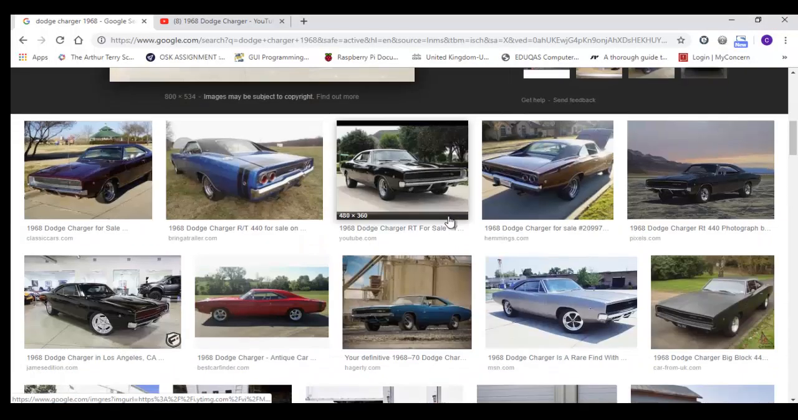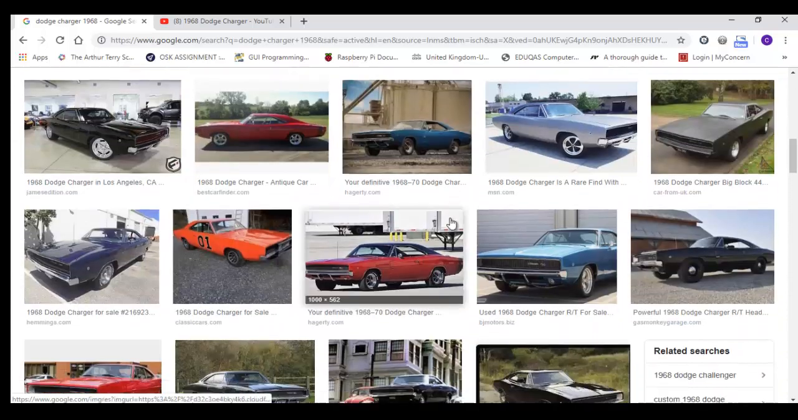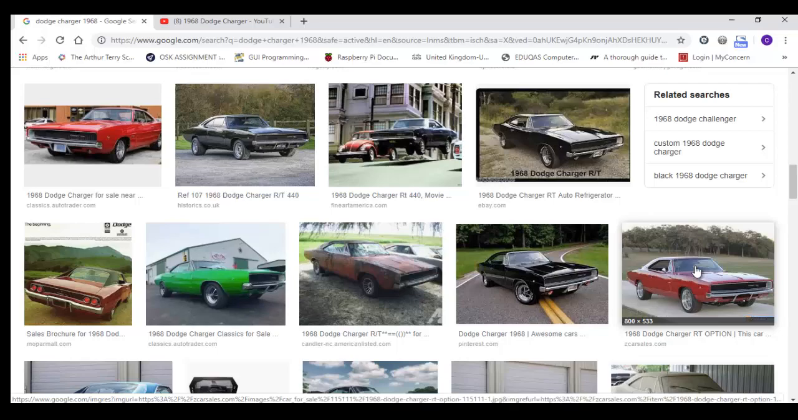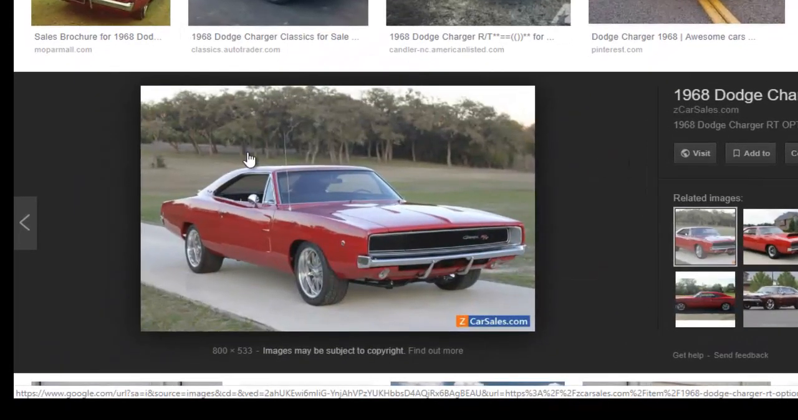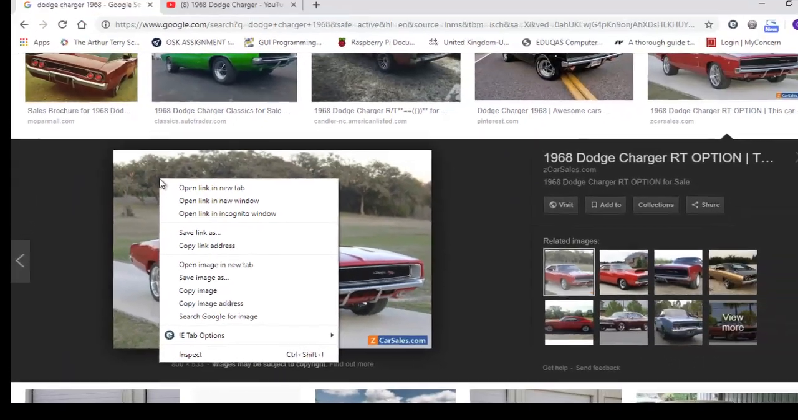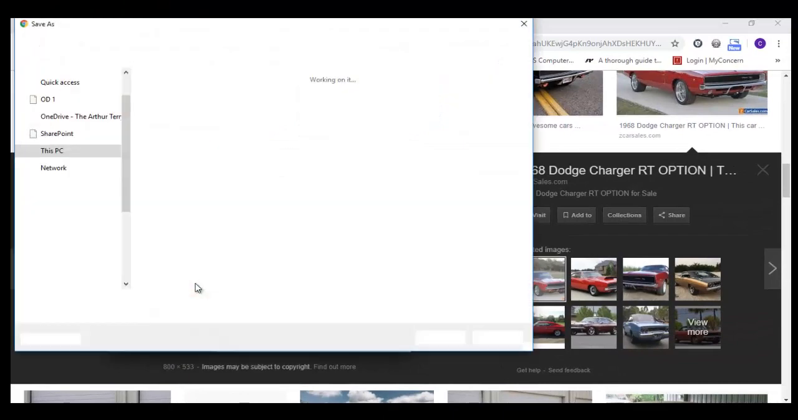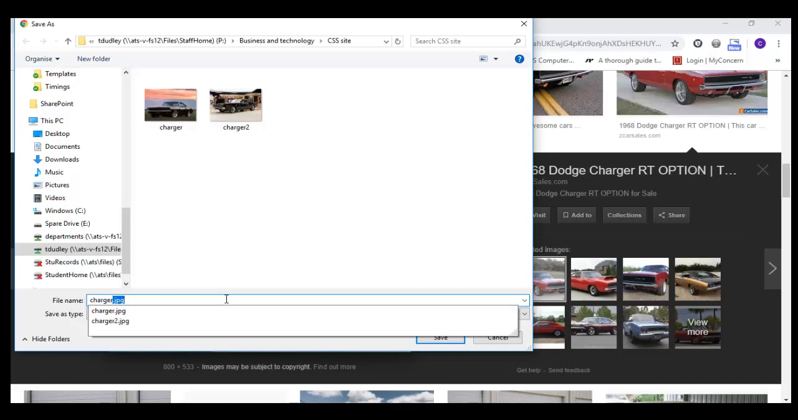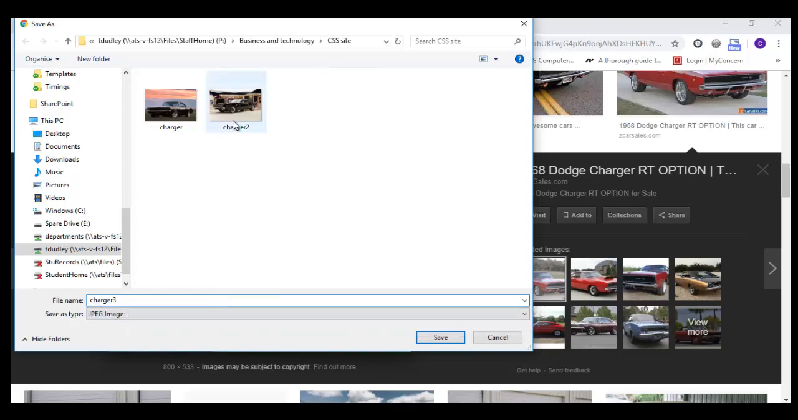And then I'm going to get one more, so do the same process again. That one. So I'm going to click on it, open it up, right click, save image as. Again, it's either going to say where do you want to save it, Charger 3. I'm going to save it in the same folder as the other ones,